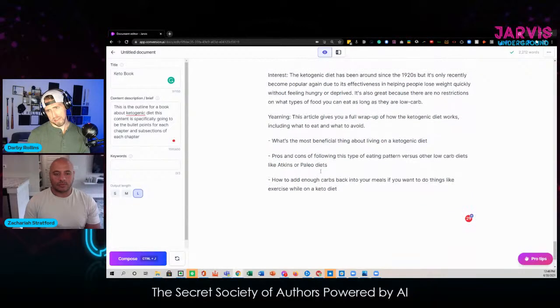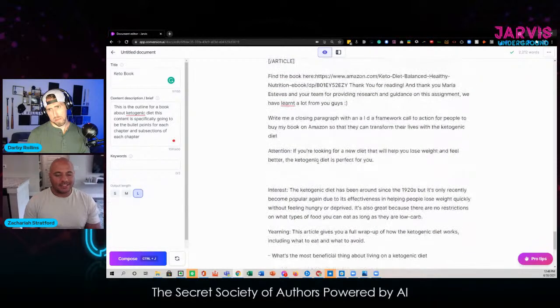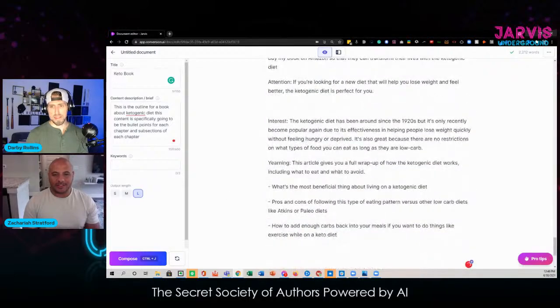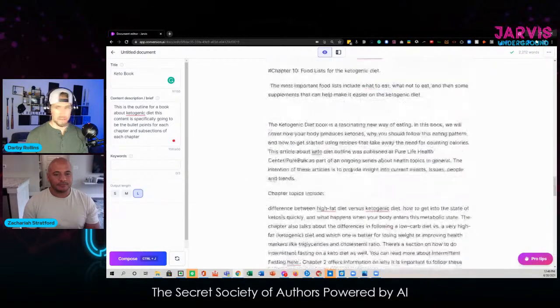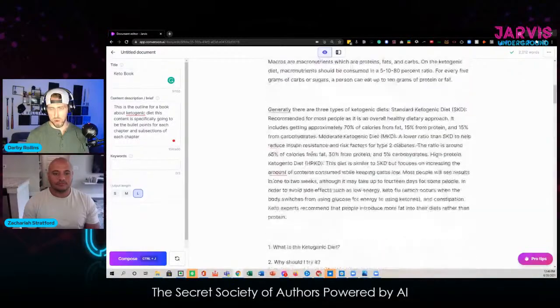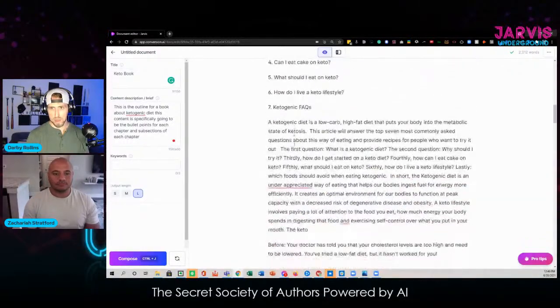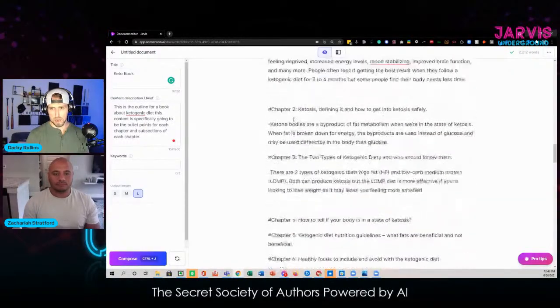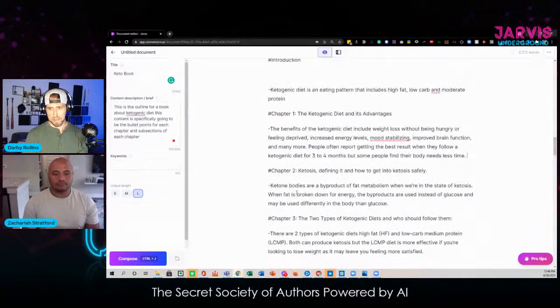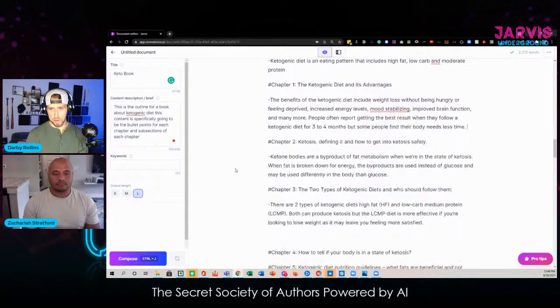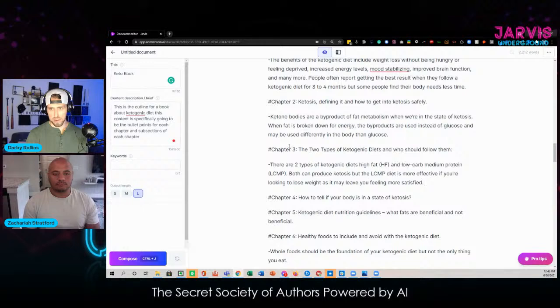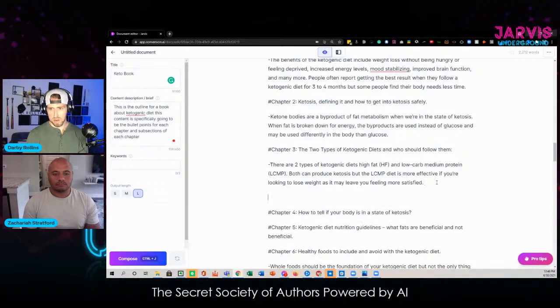Interesting. Yeah, so it's not perfect, right? But it's the directions that you're giving it. This is just insane. Look at this. It literally wrote a 10 chapter outline that we could use right here. And it gave us an idea of what each chapter could be about. Right. And so if you're saying chapter 3 is this, maybe